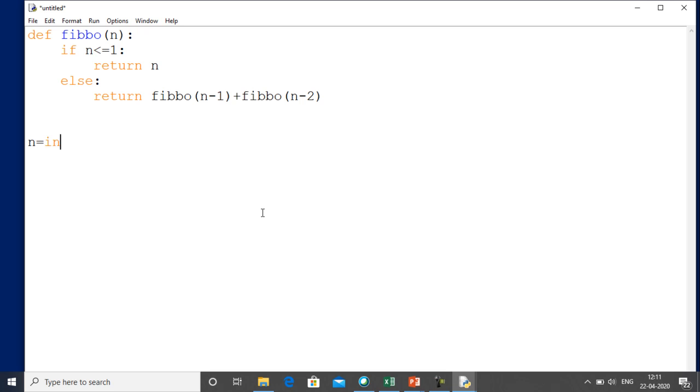But first of all, I will use the input function for taking the number of terms from the user. Enter the number of terms for Fibonacci series.